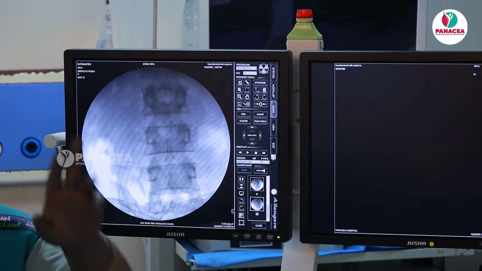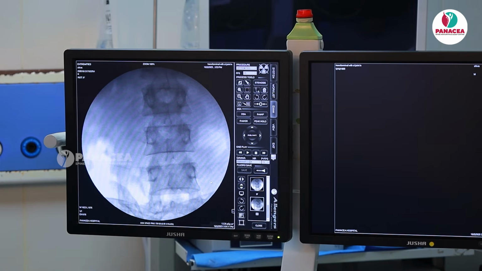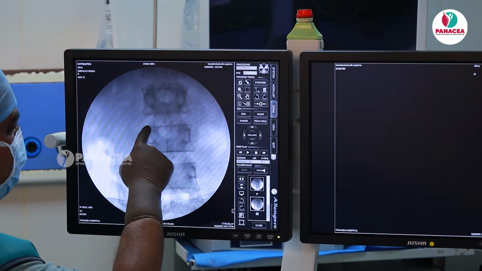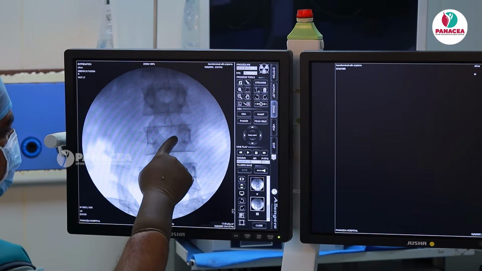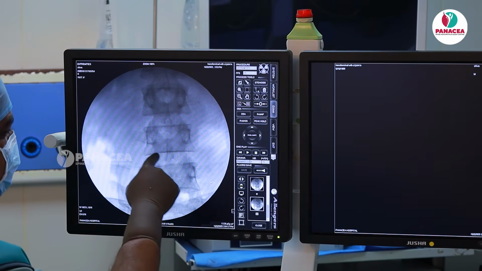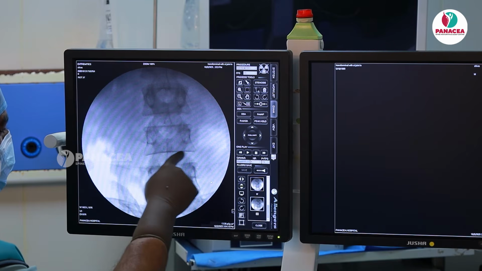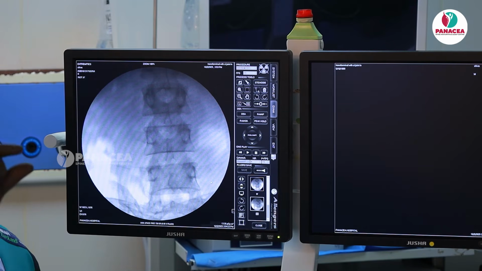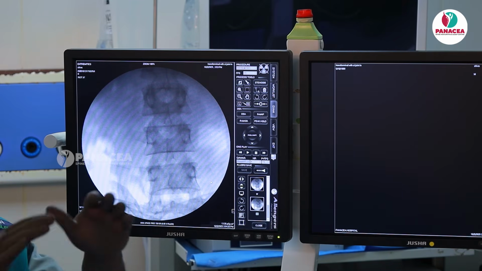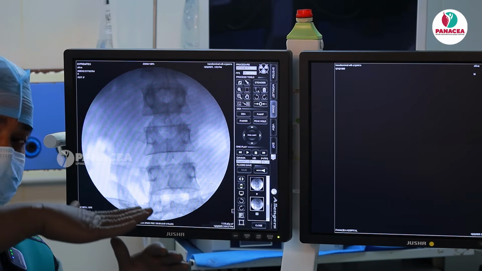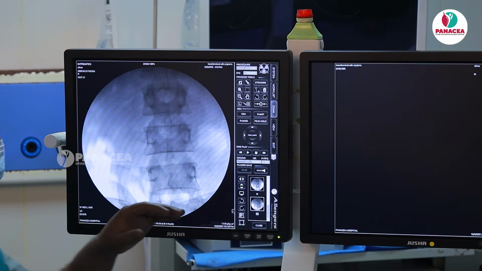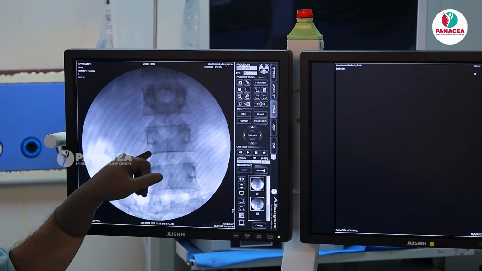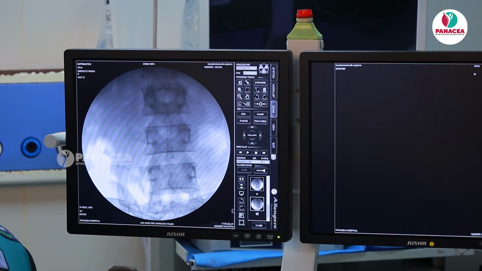The second point is squaring the vertebral bodies. If you look here, the lower end plate of this L4-5 disc space is almost square. It appears as a single line, not a double shadow, because we have put a big pillow so that the lordosis is almost obliterated. That's why we could get a beautifully squared end plate. That is number 2. And number 3 is an oblique 30 degrees view